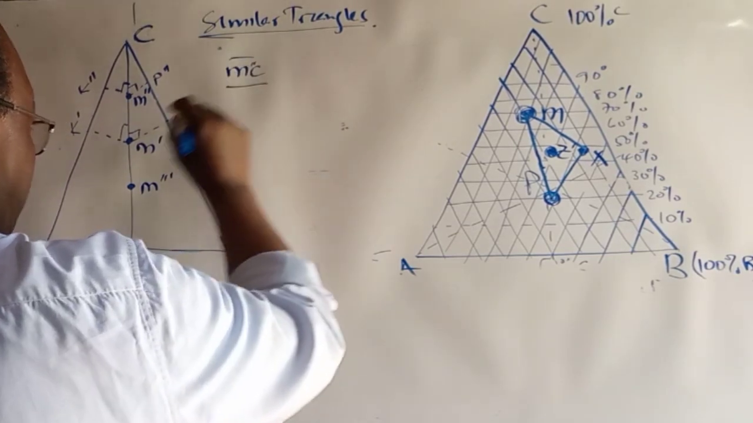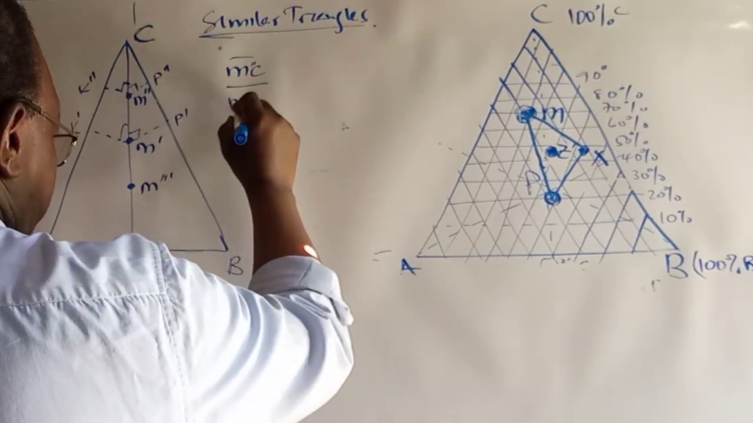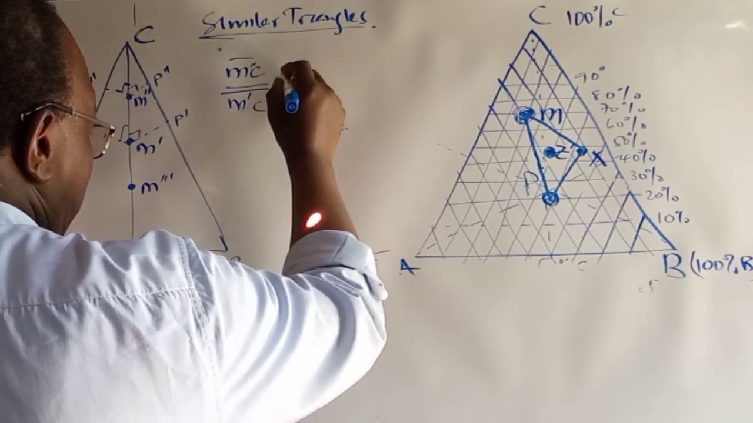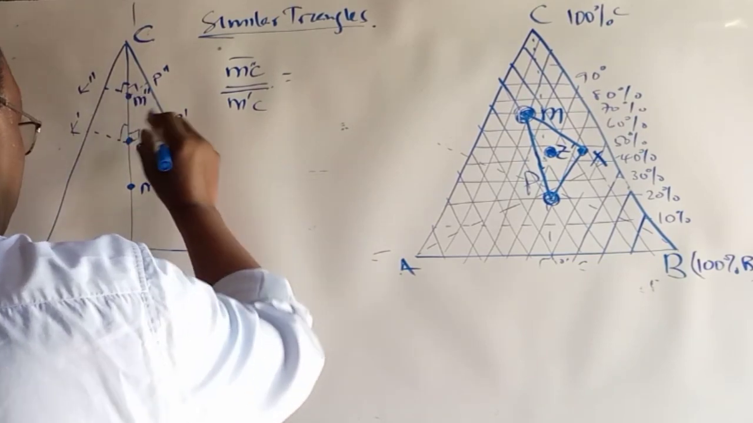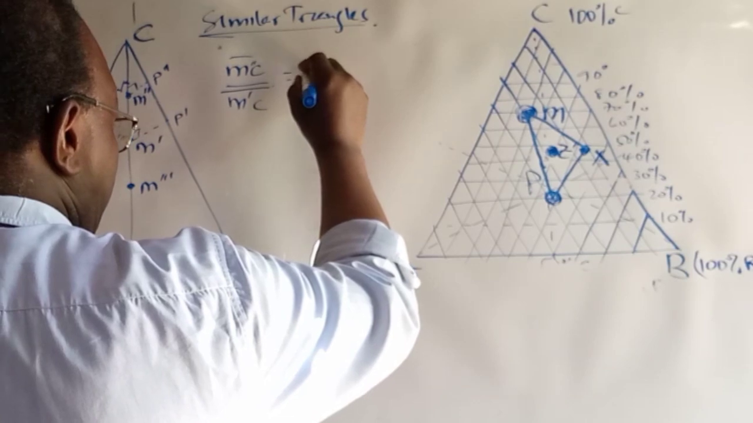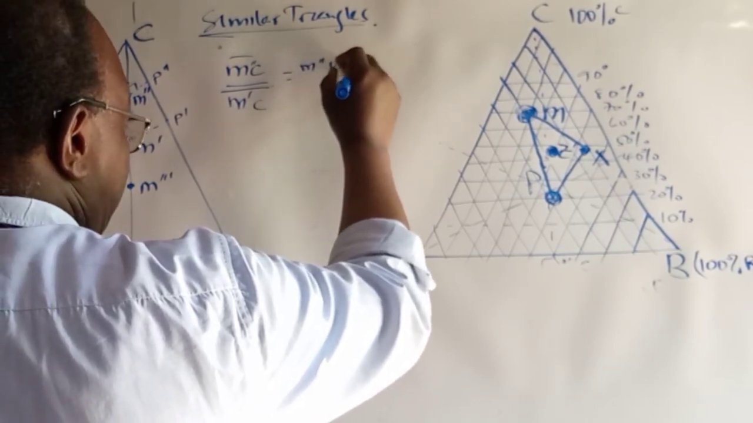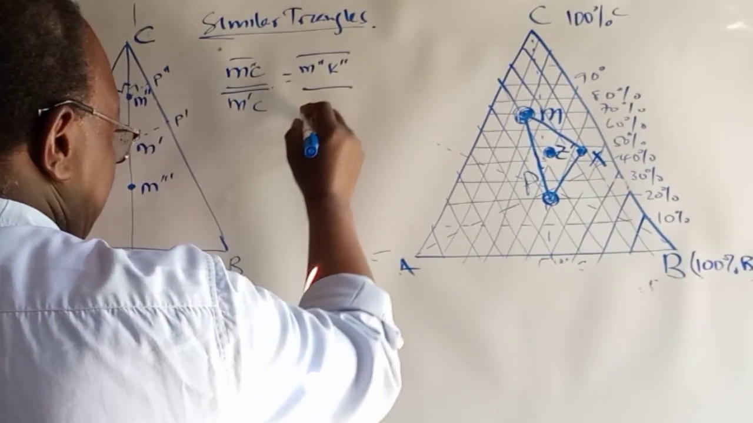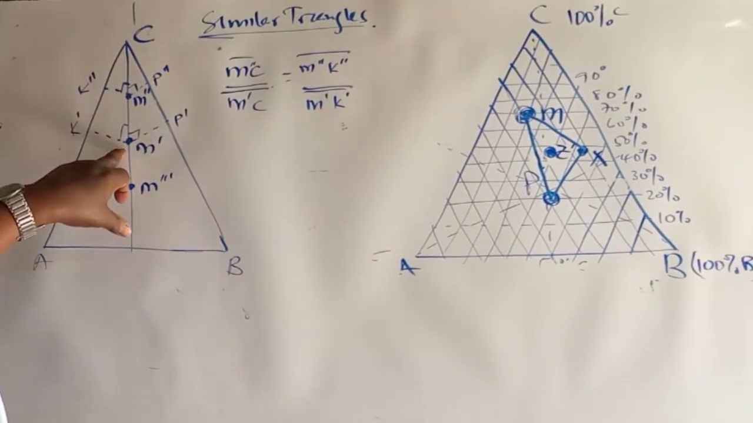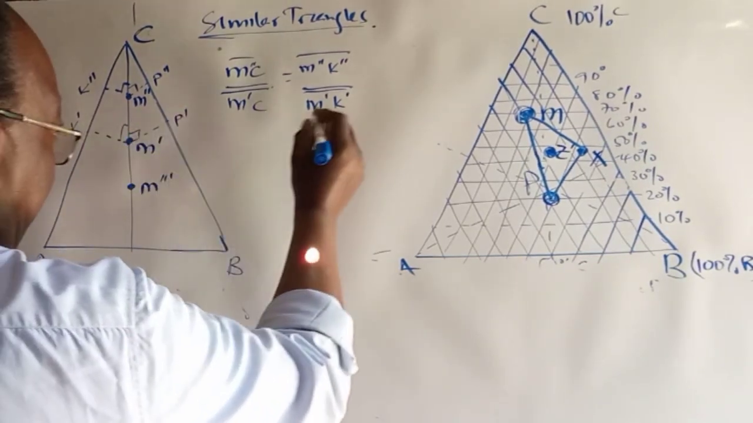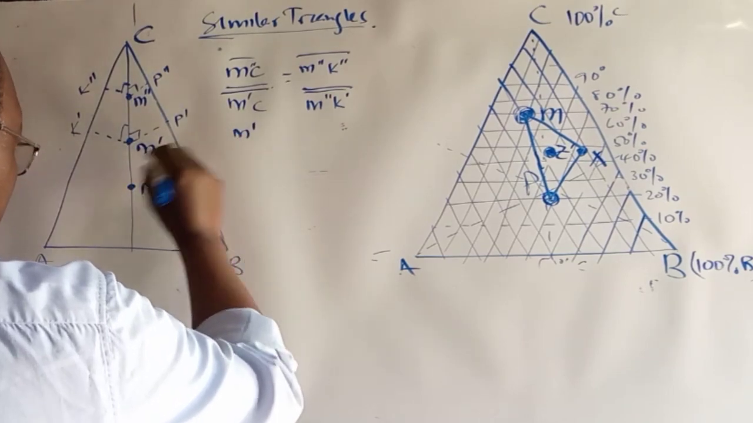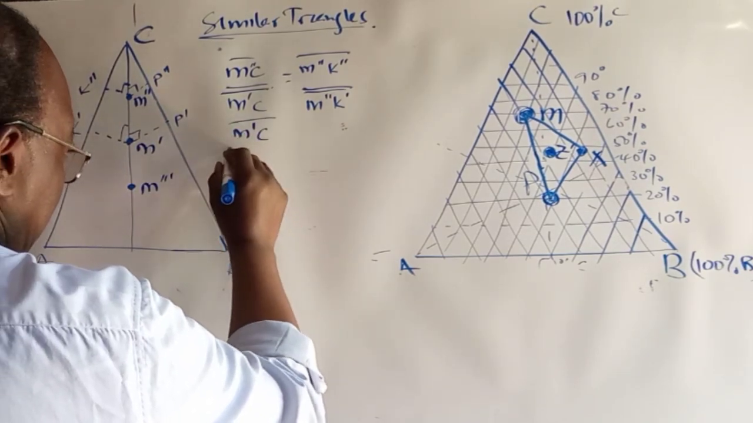segment M double prime C over M prime C must equal M double prime K double prime and M prime K prime segment. Then the other one will be M prime C divided by